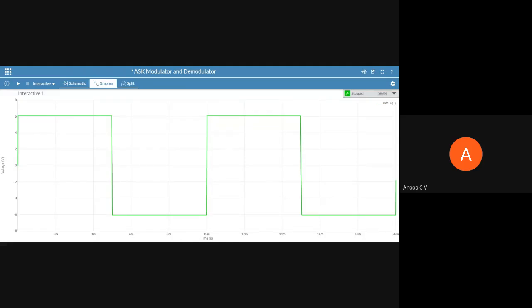But as we don't have any provision to generate that, we are using a square wave. Here you can assume a positive pulse corresponds to 1 and a negative pulse corresponds to 0. So it's ones and zeros. You can assume it as ones and zeros, right? That is why we are using this square wave.